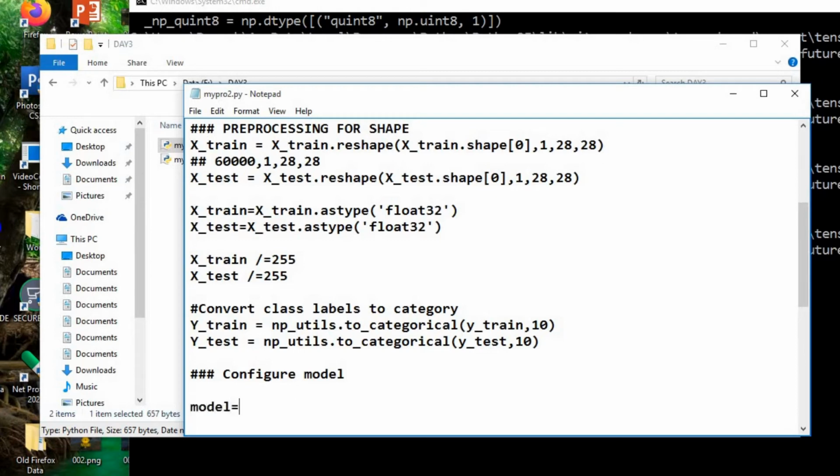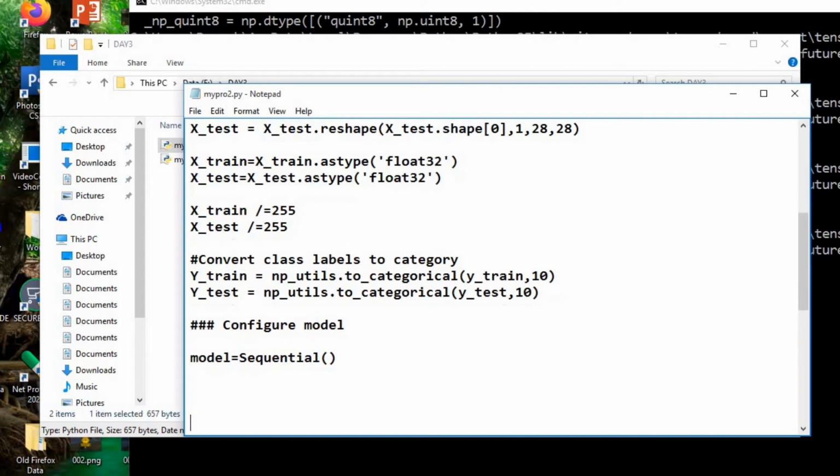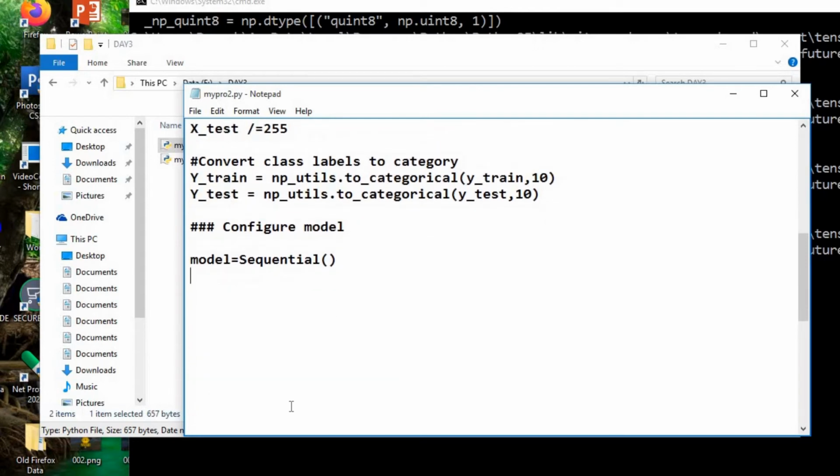Now let us go for configuring our convolutional neural network model. The model here is going to be Sequential, so assign the model a Sequential value. Next, add the first layer into the model.